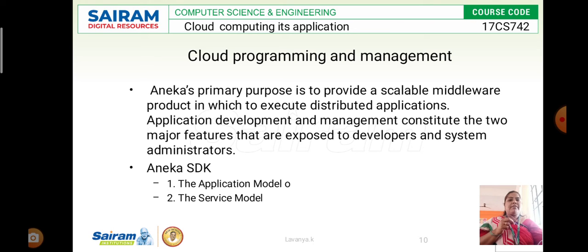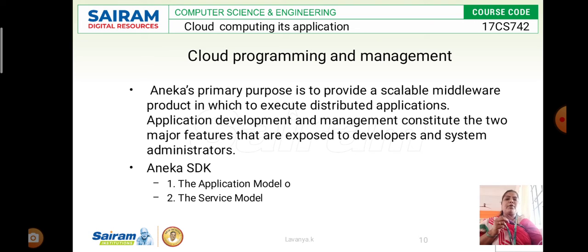This application development as well as management contains many features that are exposed to the system administrator, and along with that they can perform many activities as Aneka developers by using the APIs. These all are the cloud programming and management.